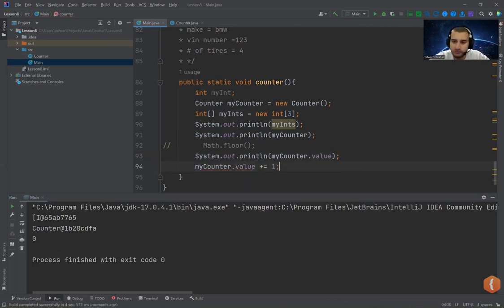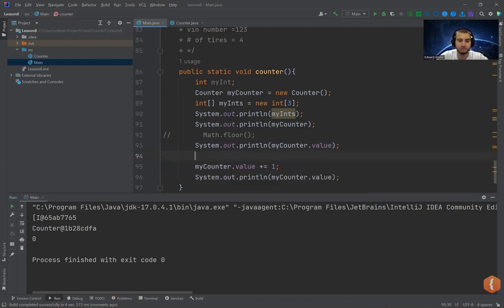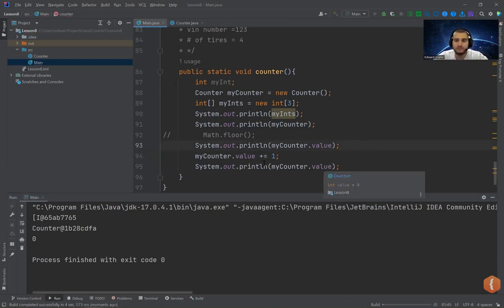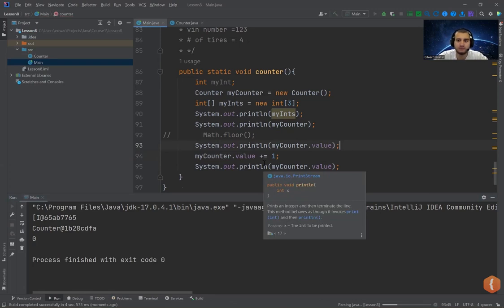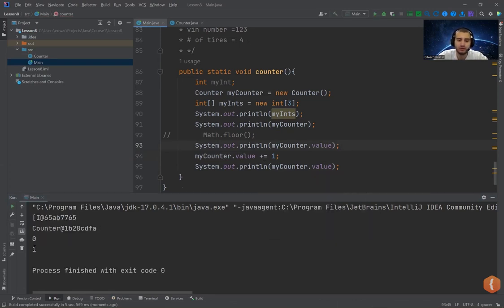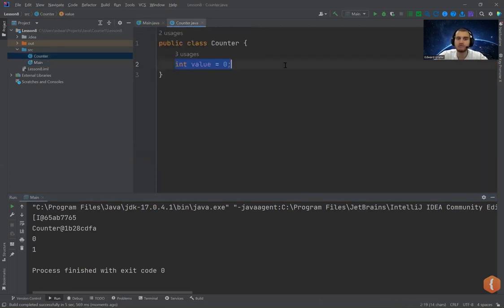So if I copy this, like this, okay. We're able to increment it and then print it. But let's say we want to put some condition on this